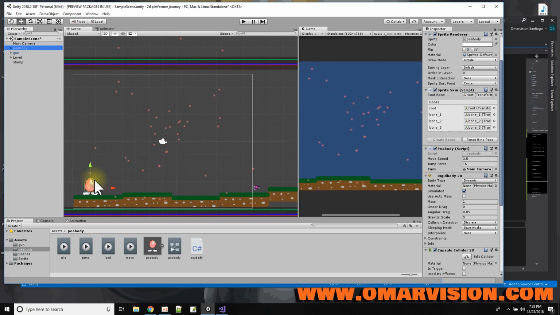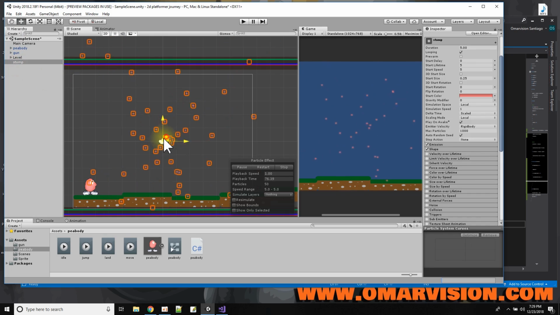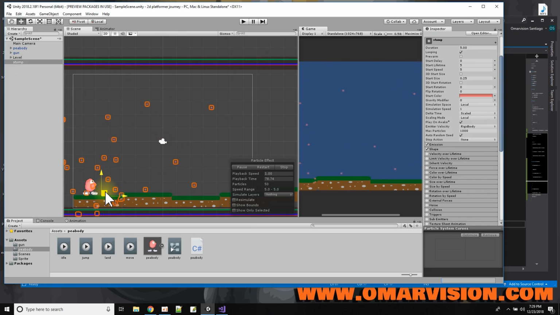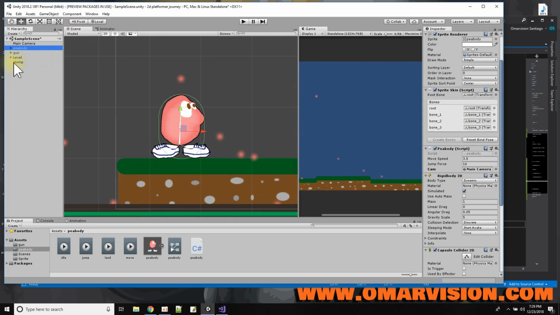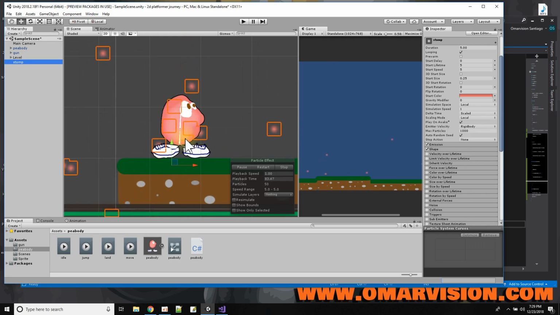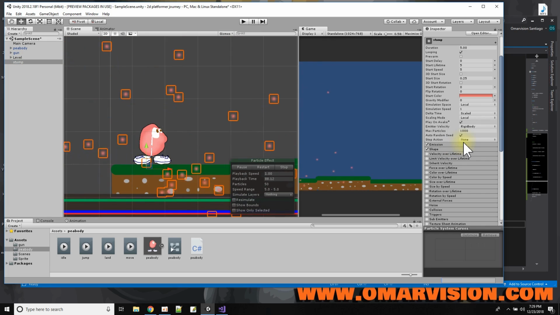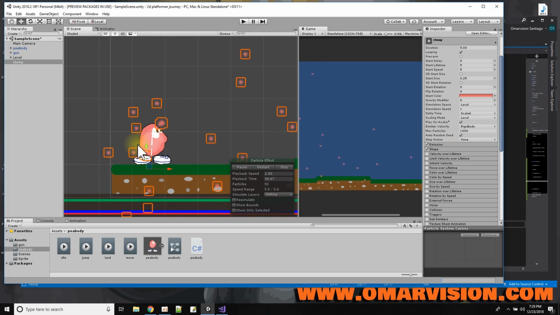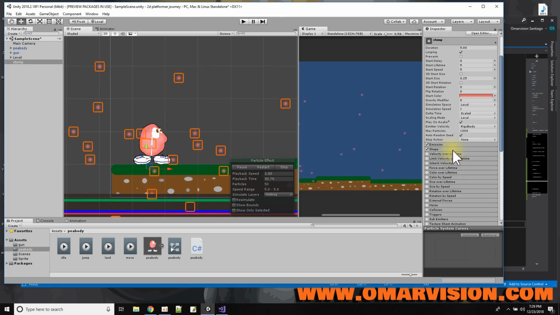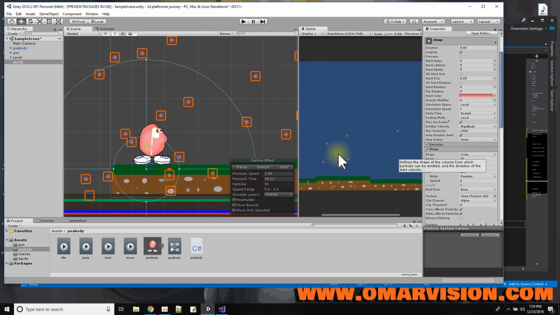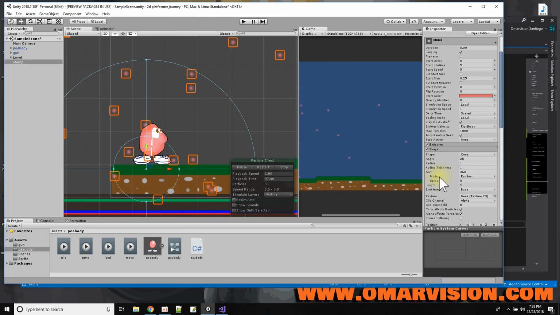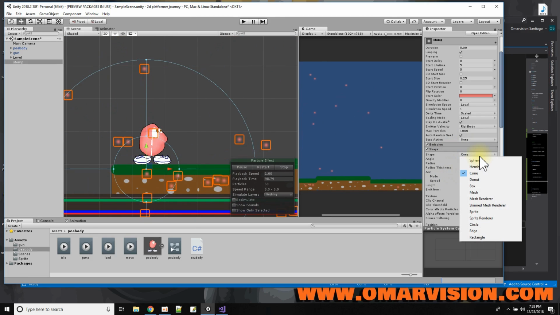I just want to see Mr. Peabody and the particle effect together. So let me just bring that particle effect for now right down here around where his feet are. Just helps me see it better. Select it. Okay. So basically, it's not going to be something that continuously emits, but first let's get the shape of the emission correct, because right now it's kind of coming out from a cone shape. Let's see, what else do we have? Do we have